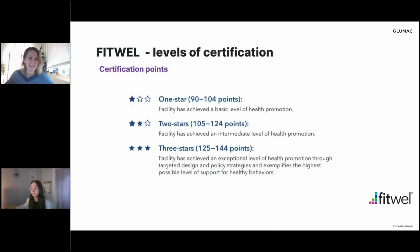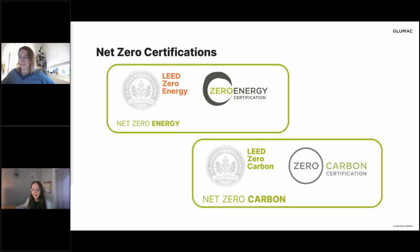So Fitwel certification, again, is just a little different in the levels of certification. You have your 1, 2, and 3-star, 3-star being the highest achieving certification. I do see most at this point go after 2 stars, or I've even seen buildings that are just utilizing this as good design practices to go into a building, even if they don't fully go through with the certification. Maybe kind of like a Fitwel add-on to a LEED certification to make sure you're really dialed in on the health and wellness of the occupants. Okay,